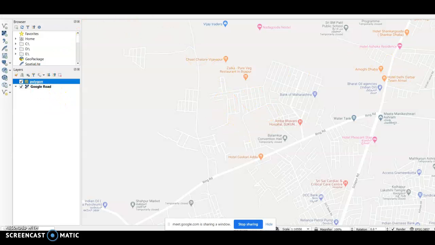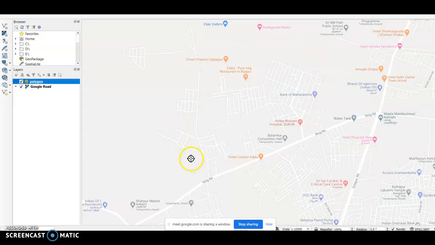I'll just show you. If I uncheck it, you can see that this is not available now. If I click here as edit, then only you can see this and use this part of the toolbar. Now click here. I'll simply tell you how to draw the polygon.